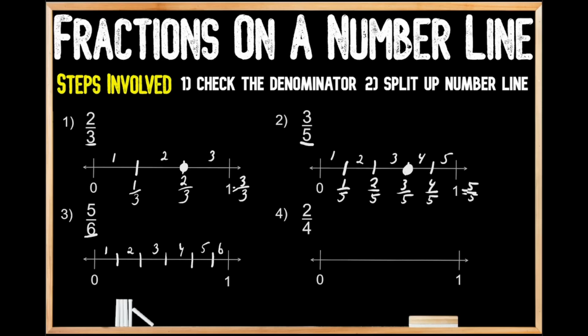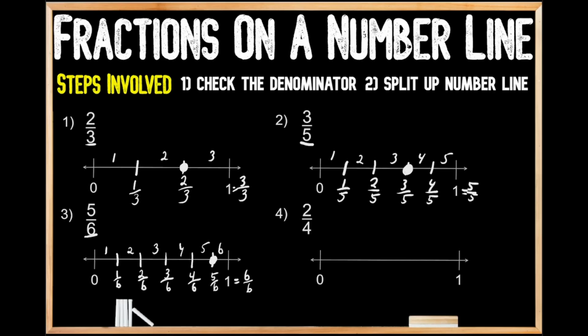Now we're going to label the fractions in between. We have 1/6, 2/6, 3/6, 4/6, and 5/6. And we already know that 1 here represents 6/6. Now we're going to place our fraction on our number line, which is 5/6. We're just going to put a big old circle right on the part of the number line that represents 5/6. Now we're going to move on to our last question, which is question number 4,